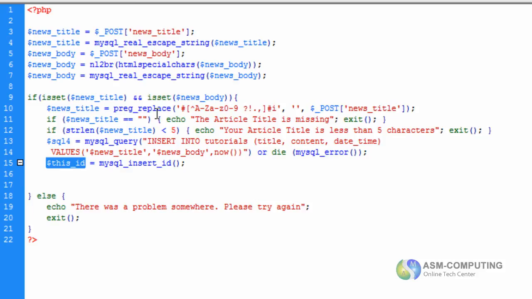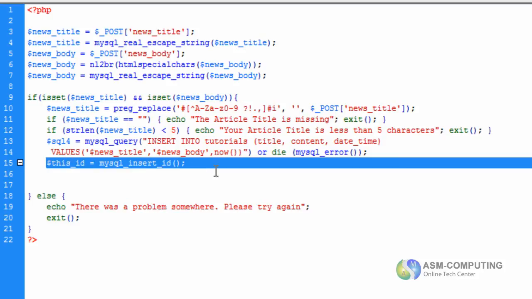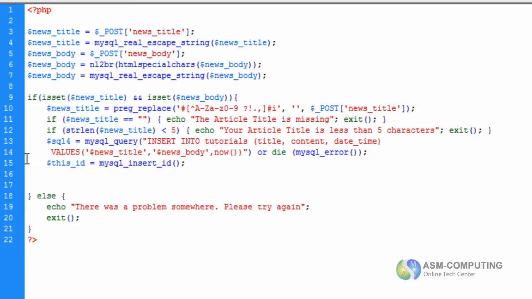So any new post that's being put into the database is going to have this ID equal to MySQL insert ID, which will just give it that auto increment. So the first time it loops through, we insert, it goes 1. The next time it goes through, it's 2, and 3, 4, and so on. So this is just what's going to be used as our ID.